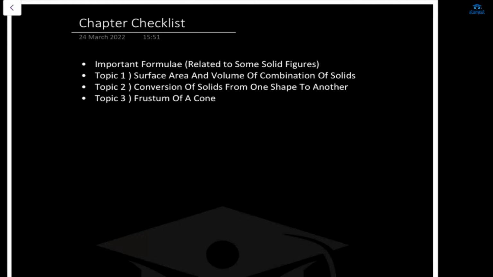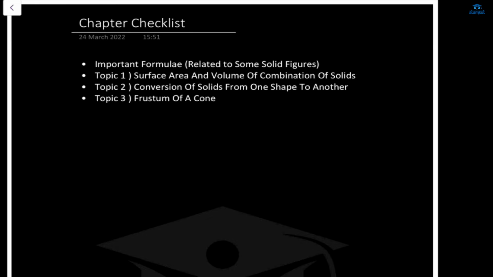If you remember the formulas correctly, and your calculation is nice and good, then you're not going to face any issue in surface area and volume. So the formula is an important part of this chapter. One 6-marks question comes from this chapter, and I think one 4-marks question also. The 6-marks question generally comes from the